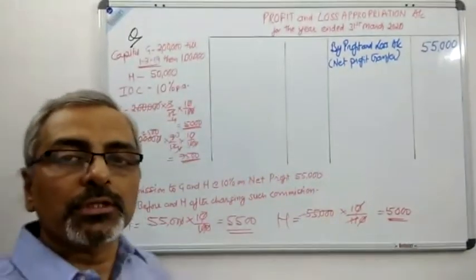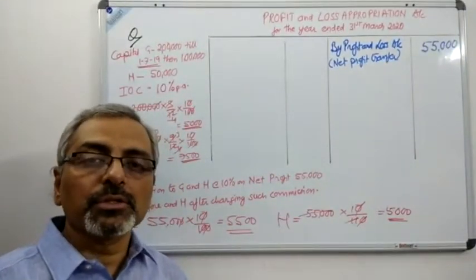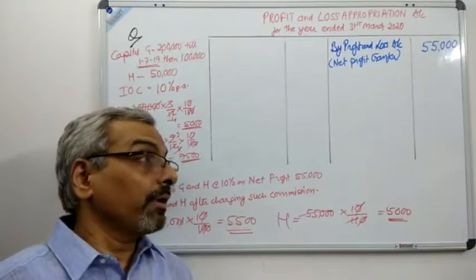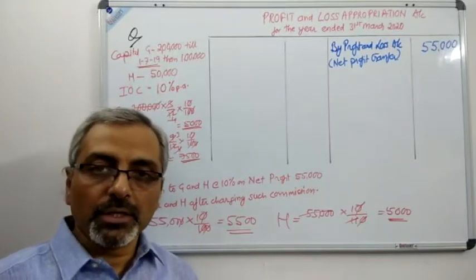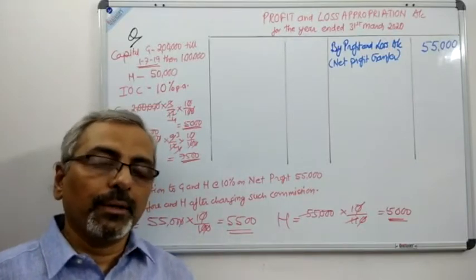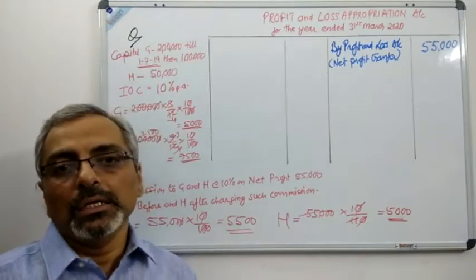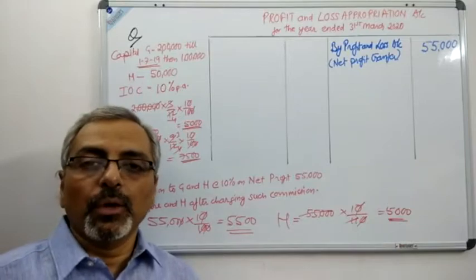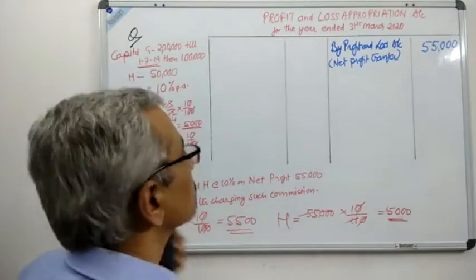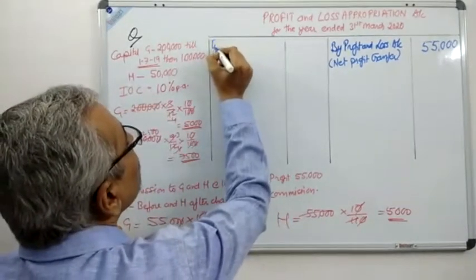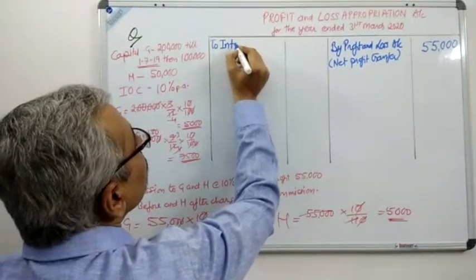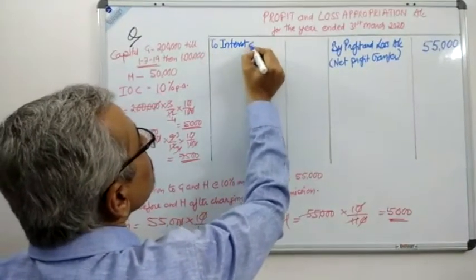When we were doing this question, we found out there is no other item in the credit side of the profit and loss appropriation account. All the items are in the debit side, and there are only two items. One is the interest on capital and the second one is the commission. So first let us write the interest on capital. So to interest on